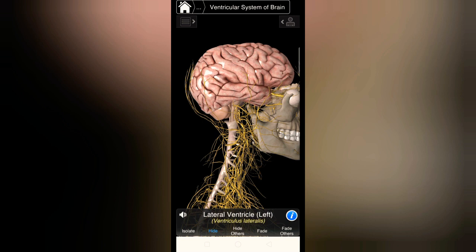So let's look in detail at the central sulcus. Central sulcus is an example of an interlobar as well as a limiting sulcus. I told you about the limiting sulcus and its properties. So the central sulcus is a type of limiting sulcus. Why is it a type of limiting sulcus? Because it has a separate motor area and sensory area.